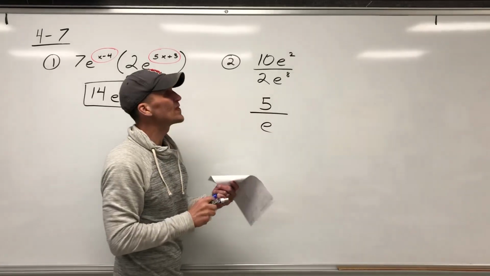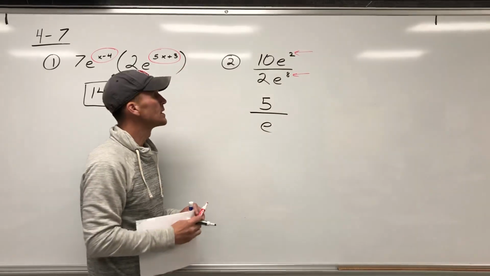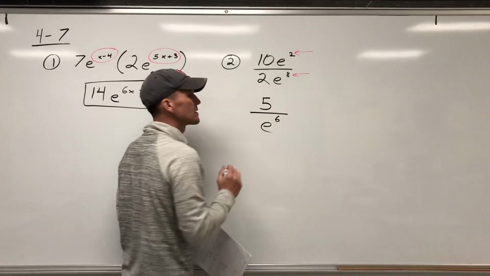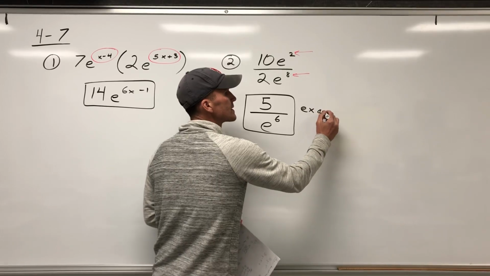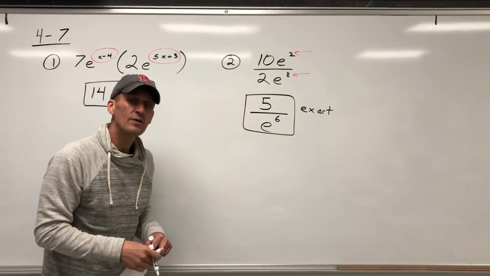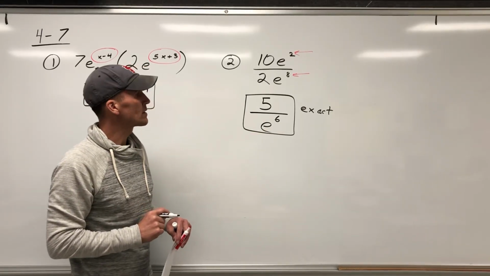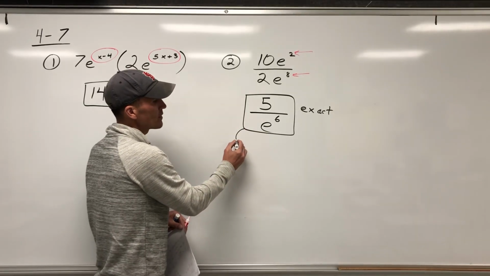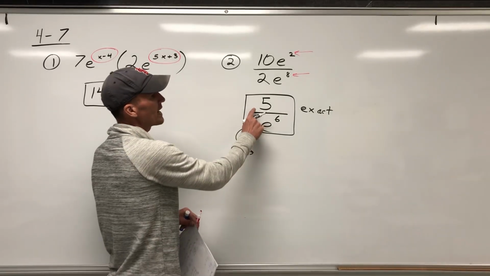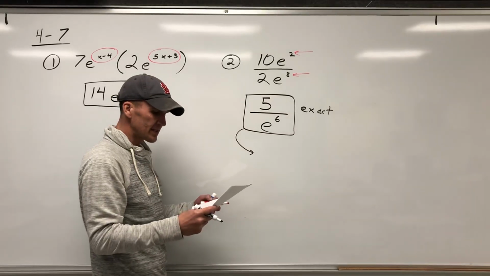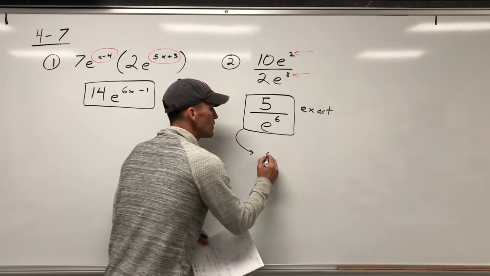And what do I do with the exponents in a division problem? I subtract them. So 8 minus 2 is 6. That is what we call an exact answer. It's exact because I did not use my calculator. I didn't round a decimal. But you guys should know how to use your E button in your calculator. So you guys, if you type this in your calculator, 2.72, you shouldn't use that. You should do the actual E button. So it's 5 divided by e to a power of 6. And my calculator gave me 0.012